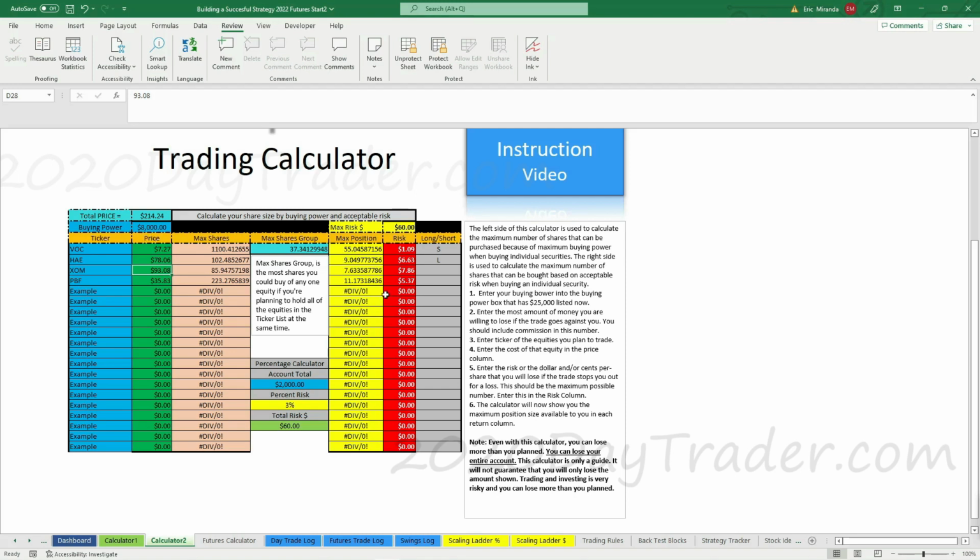But also, I'm looking at my risk here of 3%. I don't want to lose more. So $60 is saying don't lose more than $60 because that's 3%. So I put that in the max risk. That's why it's telling me 55, 9, 7, and 11. So I'm not going to exceed my risk profile based on my risk management, my scaling ladders, and all that stuff. I am a tiny bit over, because I'm going to 12% right now instead of 10, but that's how I come up with these numbers. So that tells me I can buy these numbers.